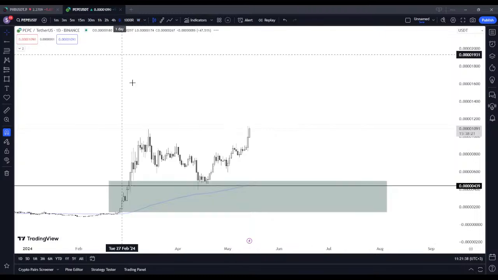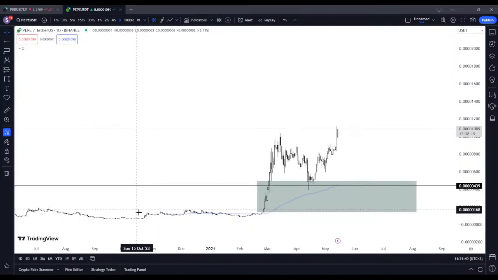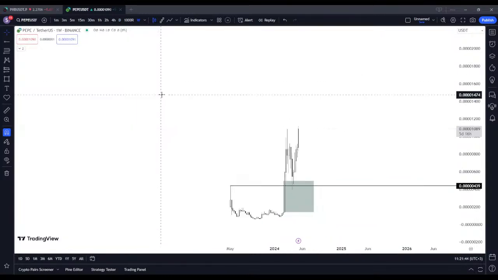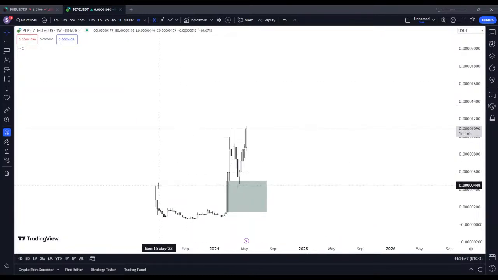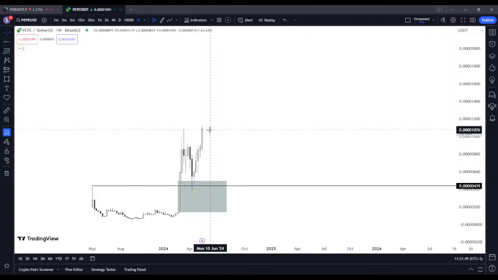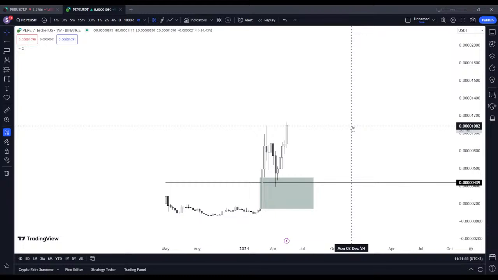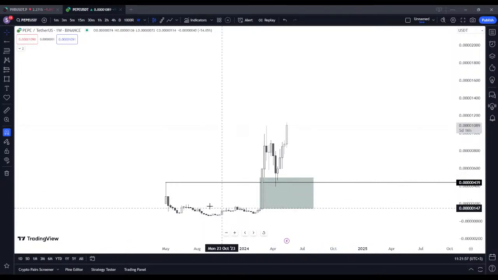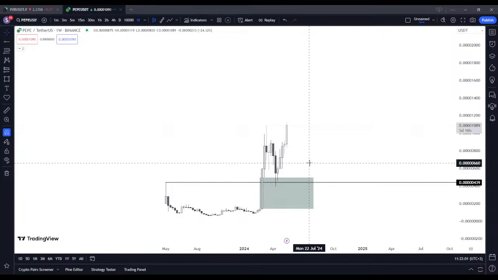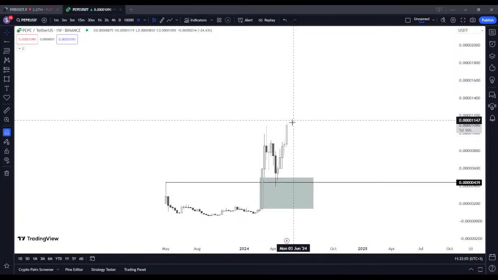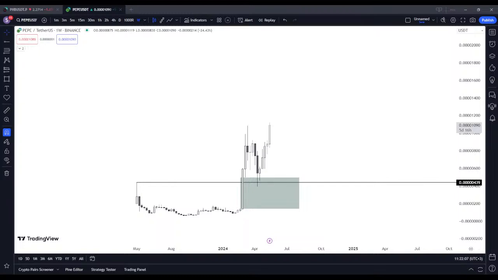To buy it now, definitely no, I wouldn't do that. You need a buy entry, a sell depends on you, but I wouldn't touch it right now. I wouldn't touch Pepe. It was a no-brainer and you should have some Pepe around here. But what I can do here is just take profits or look at it.